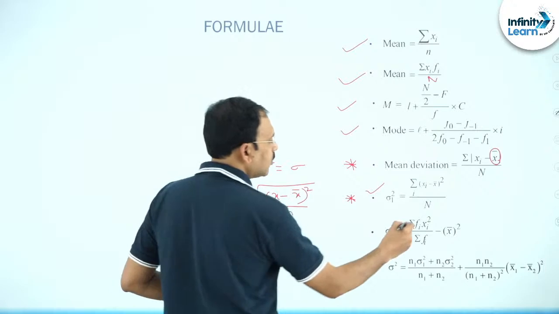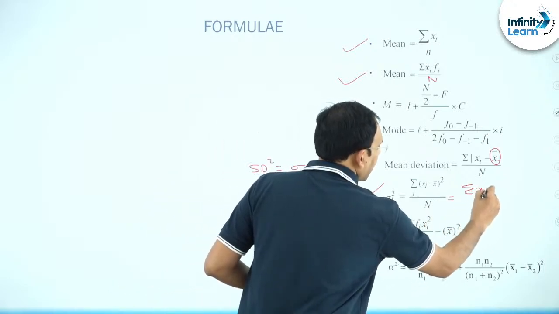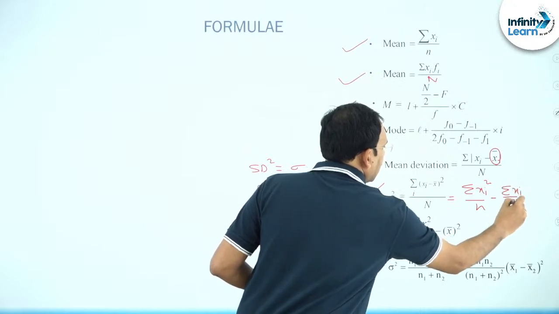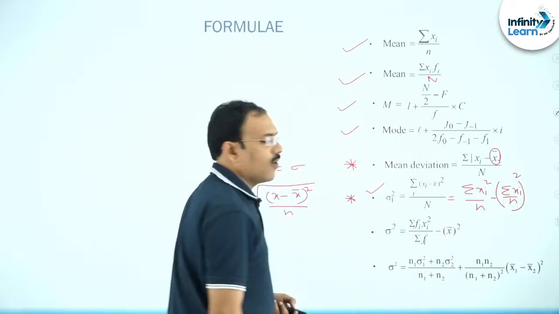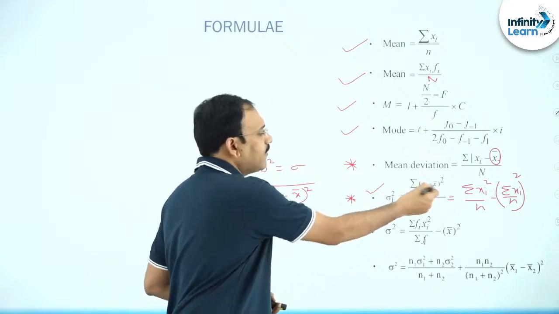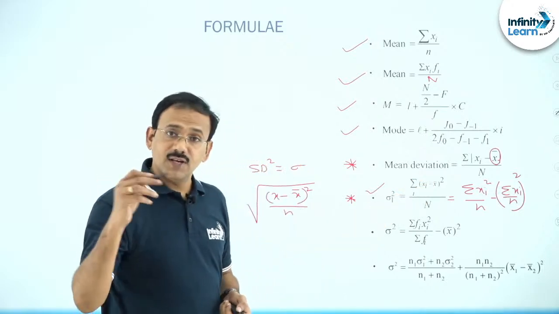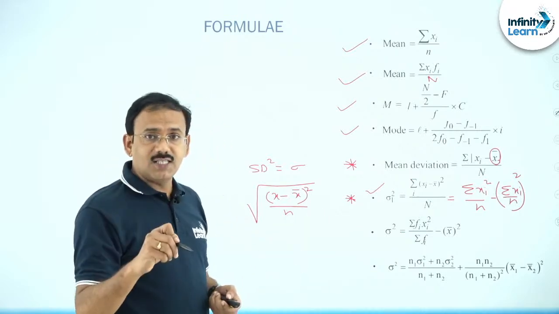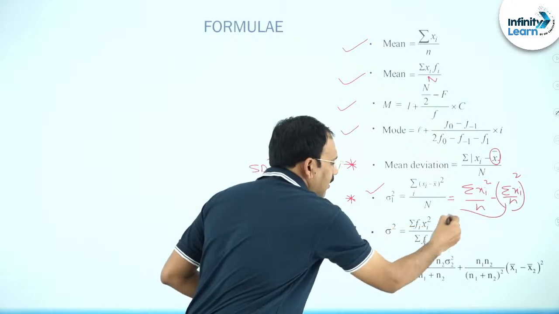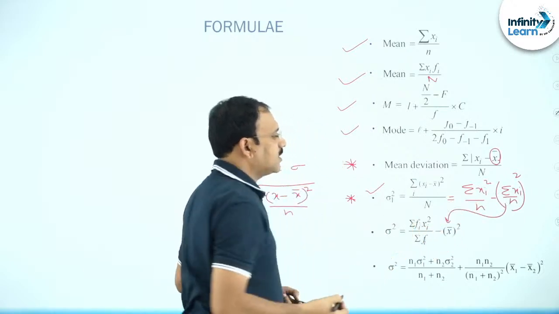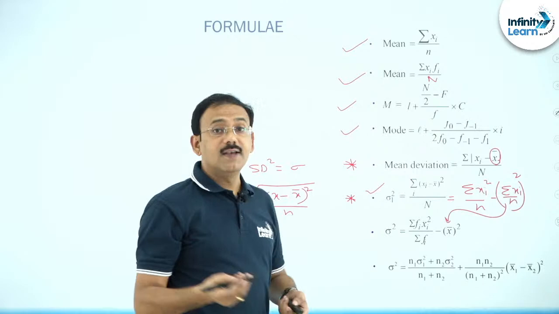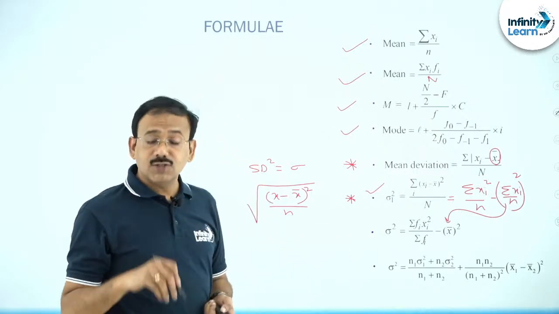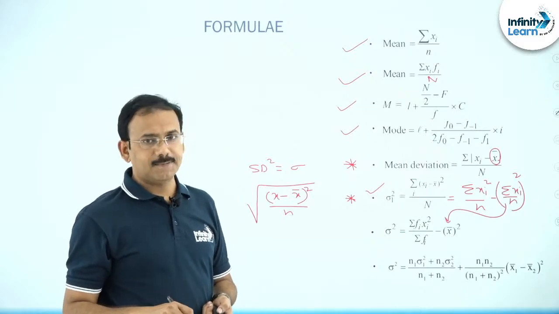The same can also be simplified as sigma xi square by n minus (sigma xi by n) whole square. This is the formula using the mean. So, whatever formula is convenient in the problem, you can adapt that. Suppose it is a discrete series, you find the mean and write here xi square replaced by sigma fi xi square. Friends, this kind of questions are also given, so this is why you must remember.